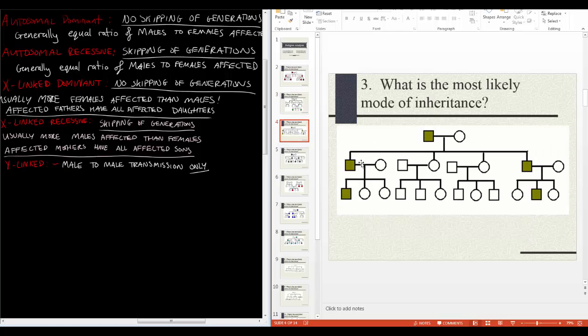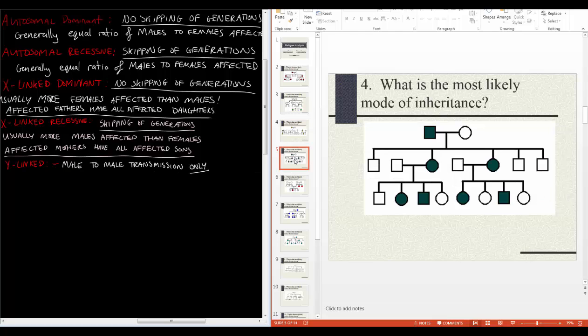With this one, it looks like a dominant trait, but there are only males affected. This is a little odd. So it looks like a male who's affected has all of his sons affected. Likewise here and here. So male to male transmission, this is a Y-linked pedigree. And then for this one,